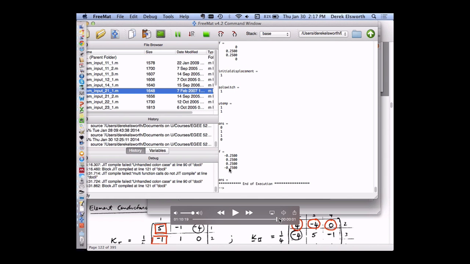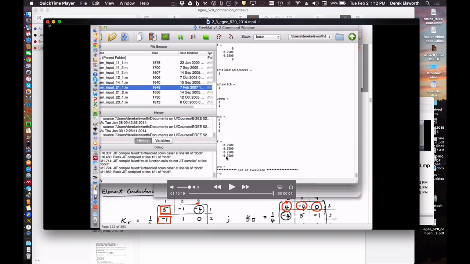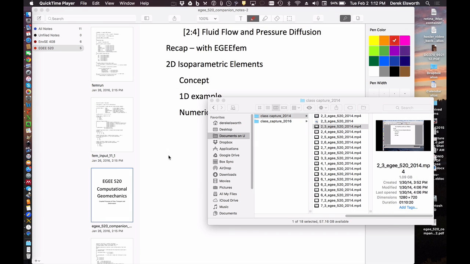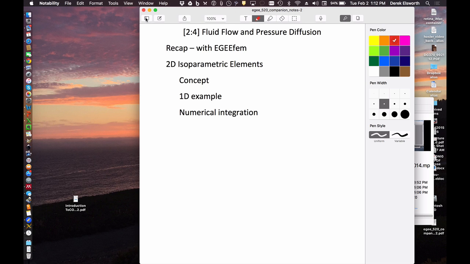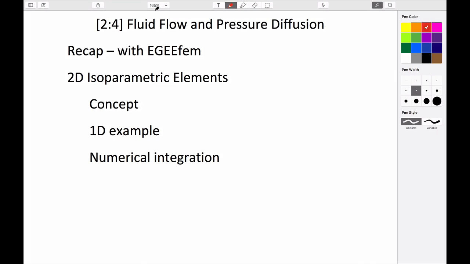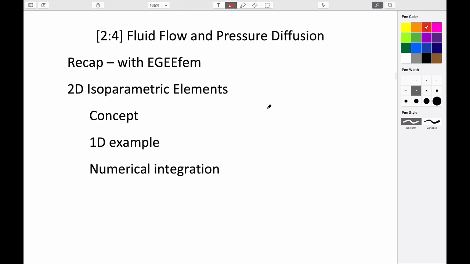And so that's where we left it. So now I know exactly what you looked at. The plan today is to take this to the next step and talk about fluid flow and pressure diffusion, again not for two-dimensional elements, but actually for